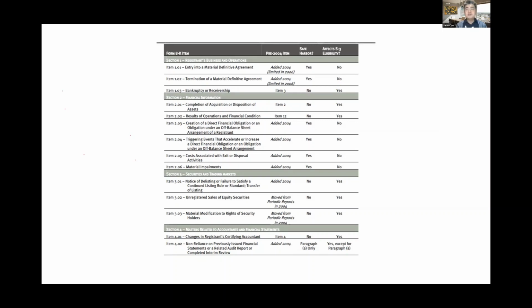So how to define material? Any information that can affect stock returns effectively. Any information that will affect earnings by more than 1%. Any information that will affect total assets by more than 3% in a rough way. Okay, it's not definite; in a rough, estimated way, that will define material.